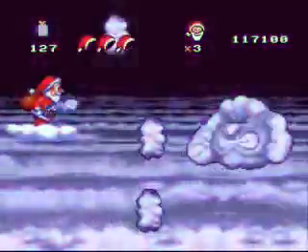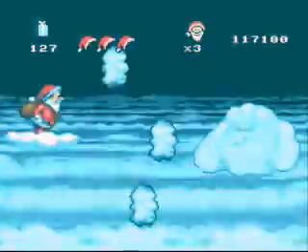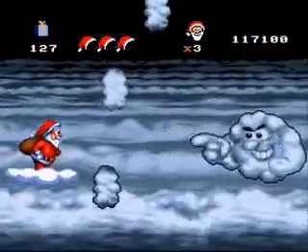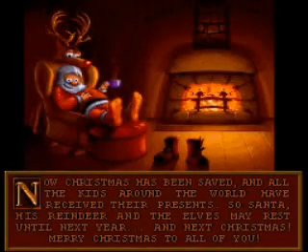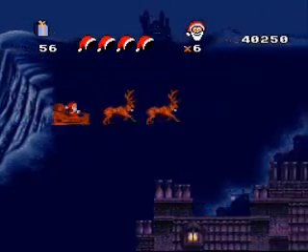Yes, a fucking cloud. Not to mention that this cloud has an attack pattern that is so predictable, a 4-year-old could figure it out. Honestly, I think it would have been better if Santa faced off against a cocaine-crazed, Uzi-wielding Rudolph the Red-Nosed Reindeer. In addition to the regular side-scrolling levels, there are also ones where you drop presents from